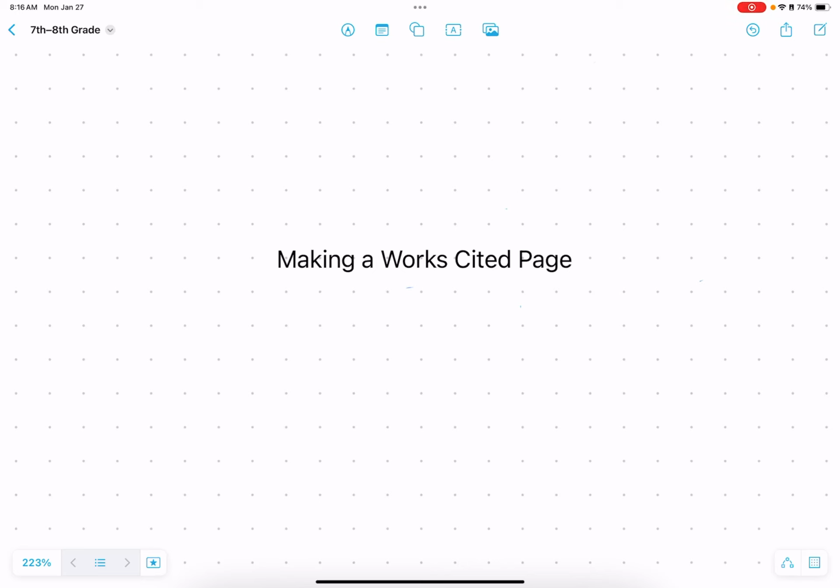We are covering another big topic this week. This is something you can even come back to and refer to in college. But we're talking about how to make a works cited page. Now, you might not even know what that is. Basically, a works cited page is a list